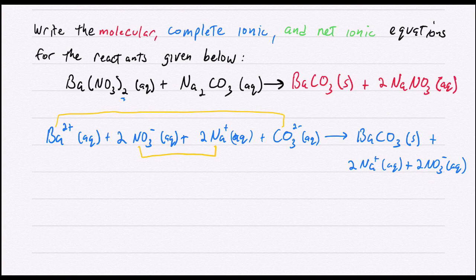Okay, so now we've got our complete ionic in the blue and our molecular equation in the black and the red there. Now the last thing we want to do is our net ionic equation, and in order to do a net ionic equation, what we want to do is look at our complete ionic and cross out anything that shows up in both the products and the reactants. When we do that, we see that our sodium plus aqueous cancel out and our 2 nitrate ions cancel out. And what that leaves us with is a barium 2 plus ion